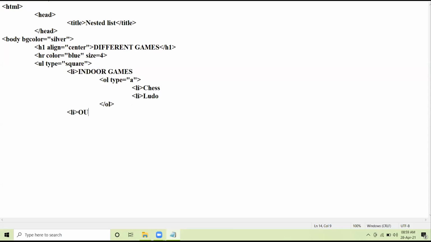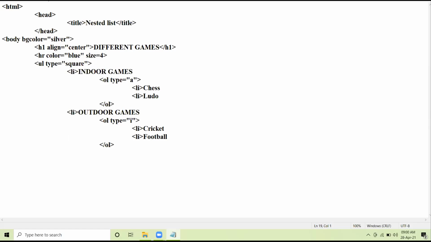So here I write outdoor games. OL type equal to small Roman. li cricket, li football, and OL type closes.